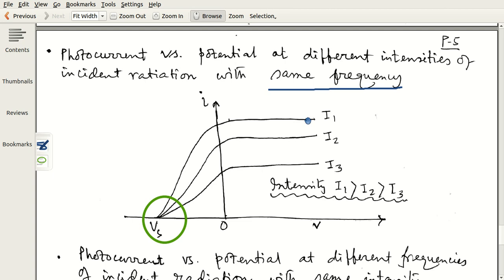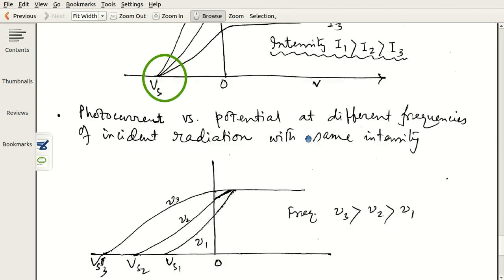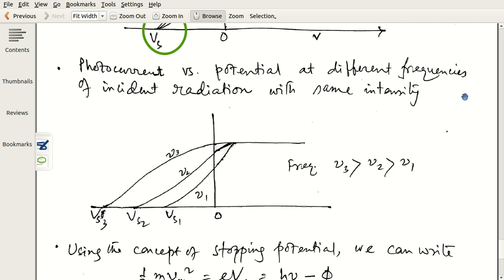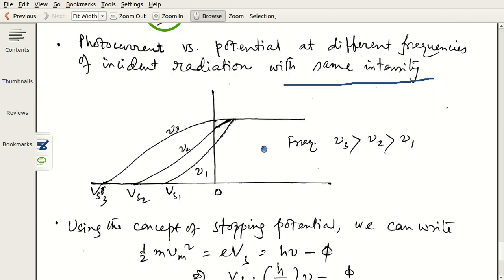It is conditional, remember it. The second thing is photocurrent versus potential at different frequencies. Now you change the frequency, but your intensity of radiation remains unchanged. Same intensity, but your frequency changes. You see